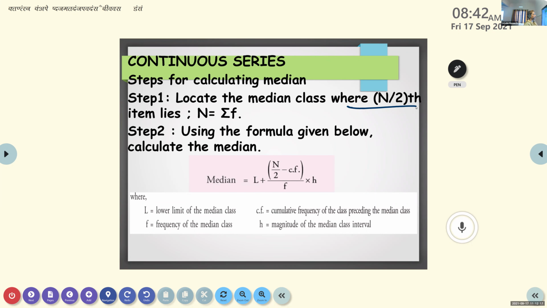In this, one more thing is there. We have to find cumulative frequency. In the previous example also, we did cumulative frequency. Same way here, you have to find N by 2 and see which class it is located in. Which class, in the sense that classes like 10 to 20, 20 to 30 will be given. So you have to find out which class this particular number is located in.